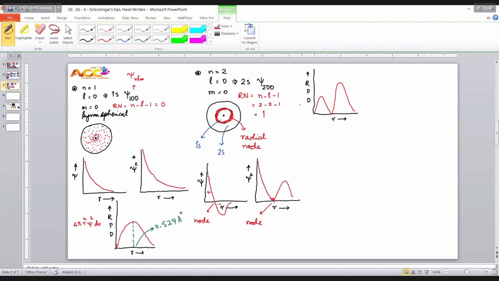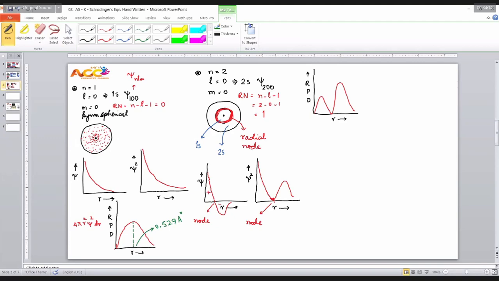Take care of the name, RPD, radial probability distribution. What is this? Not probability per bench, not probability per class, but the total chance of finding the electron. Therefore, I prefer the word RPD as radial probability distribution. Once you have this, it is called the peak value. Here the peak value goes on increasing. Here the peak value is decreasing. Here we have a negative value. Here we have a positive value.